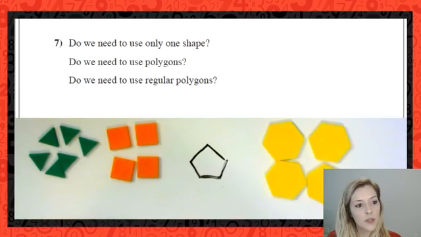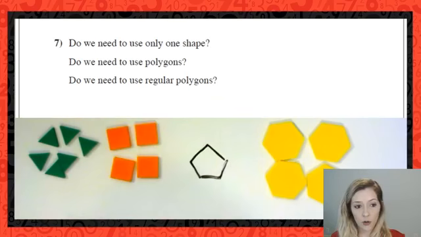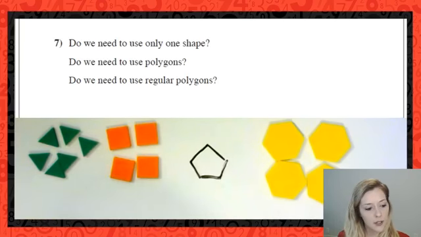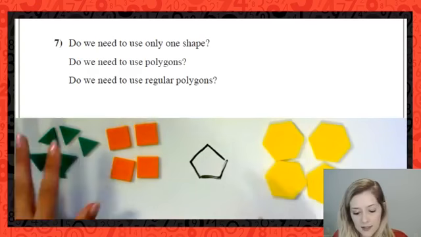So to answer that first question for us, do we need only one shape? The answer is no, right? We've kind of already seen that in some of the examples I've shown you. Sometimes it's not only that we want to tessellate with more than one shape, we actually need two or more to tile that entire plane with a tessellation. Okay? So the next question to ask ourselves is, well, what shapes do tessellate? We've talked about, like I said, triangles, squares, hexagons.